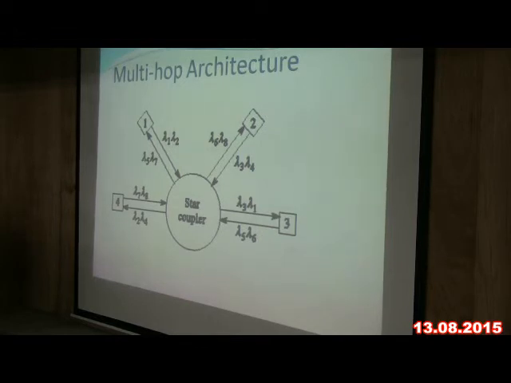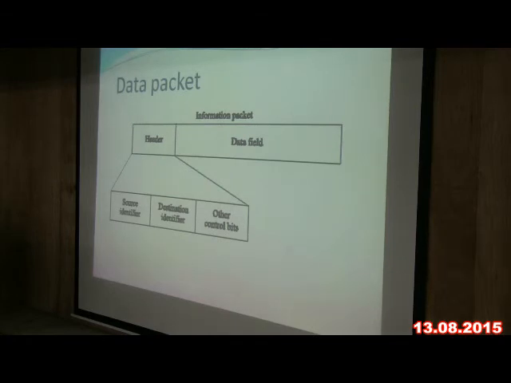Otherwise, if you choose node 4, you transmit the signal using wavelength lambda 2, lambda 2 to node 4. Node 4 then uses the lambda 8 wavelength, and node 4 transmits the data to node 2 using lambda 8. If this is your packet data structure, depending on the header information, it passes the signal from the source node to the destination node.